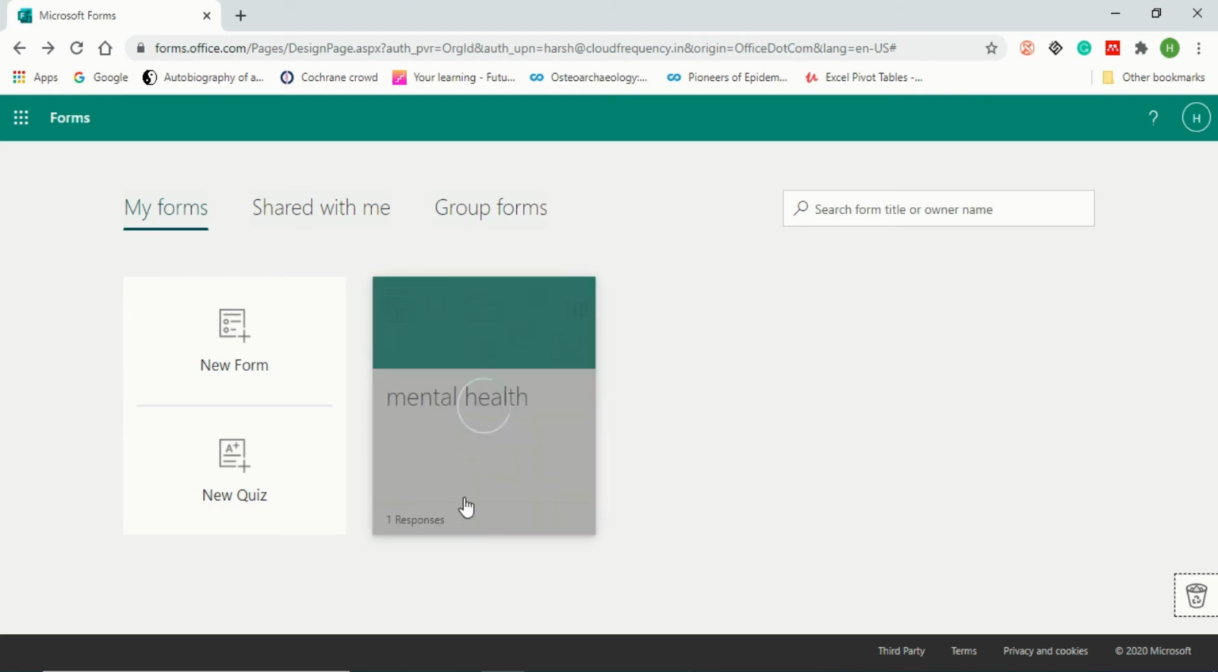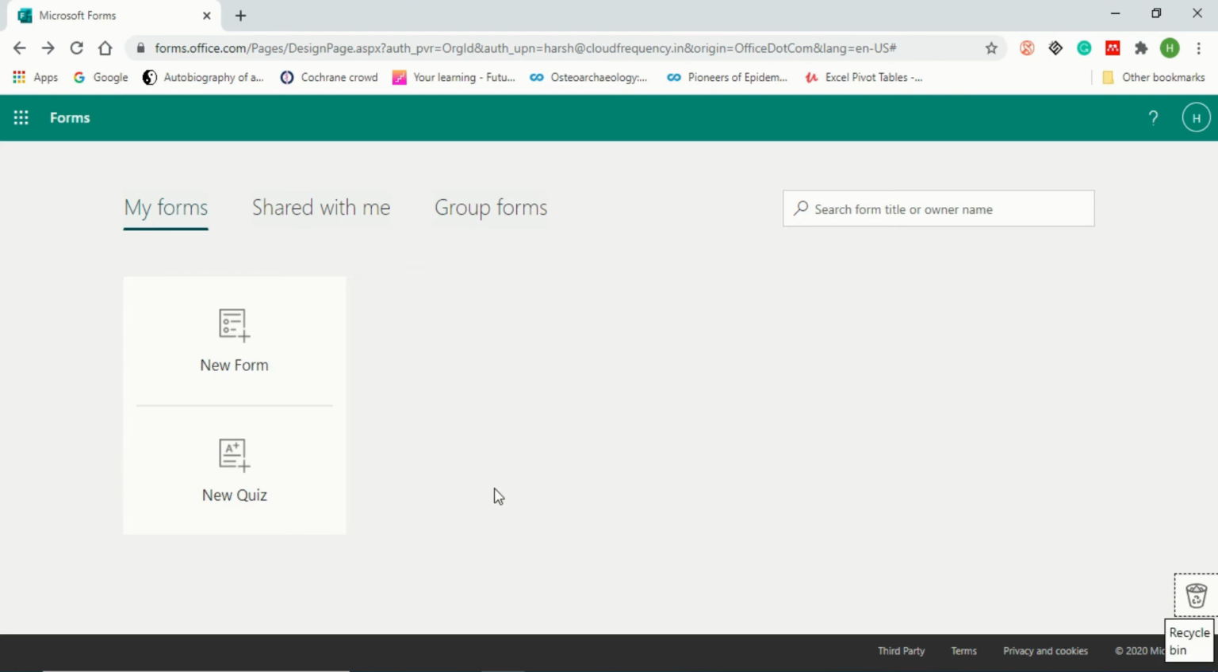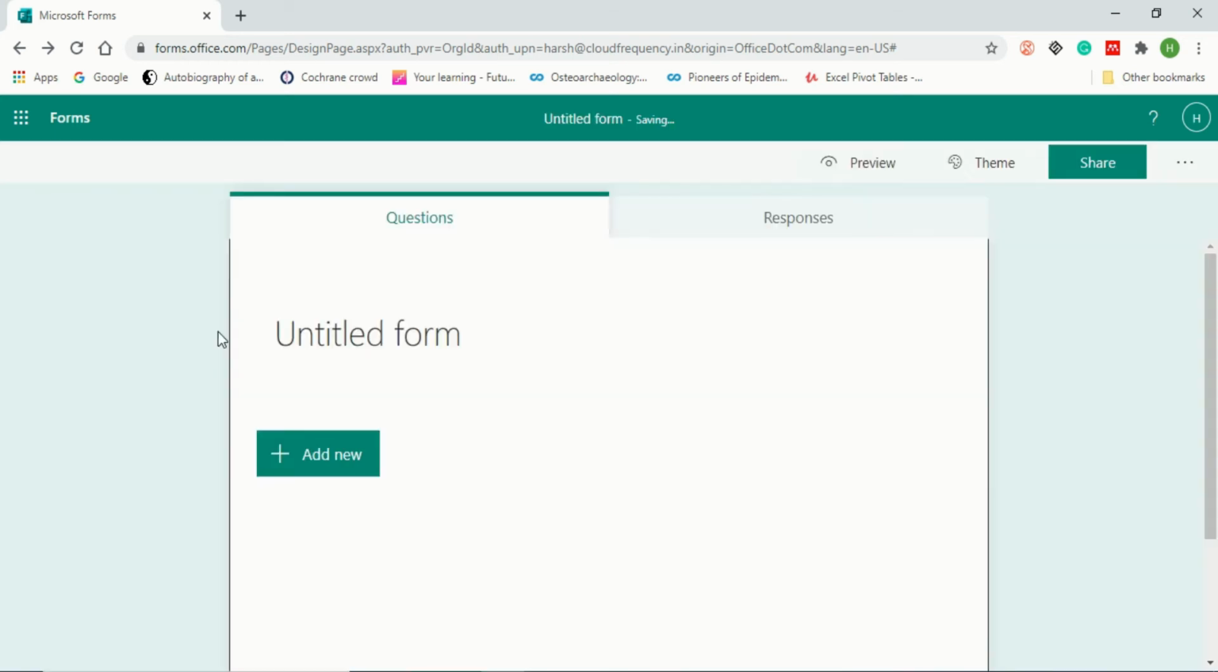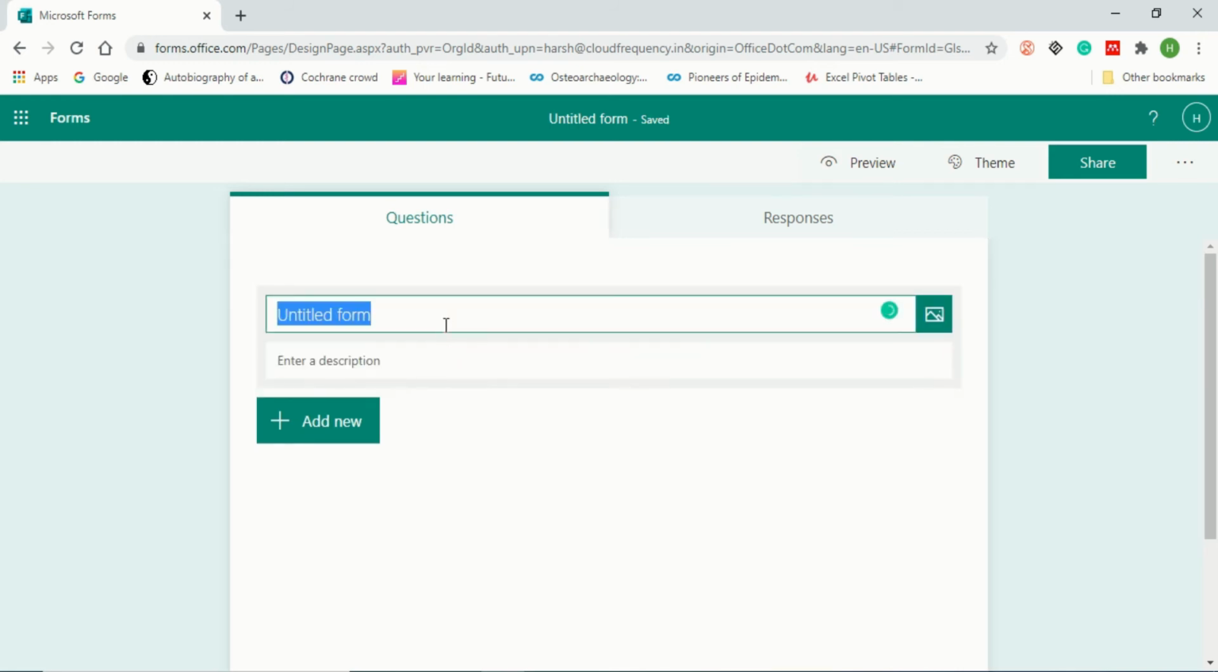And from scratch, I will tell you how to create a new form or a new quiz. If you want to create a new form, I will click directly on new form. In a new form, you will see untitled form. So there is no title that you have given. So I will give it a title,